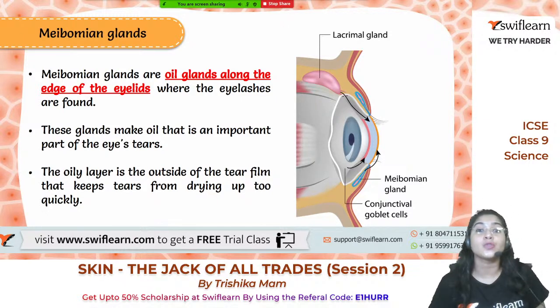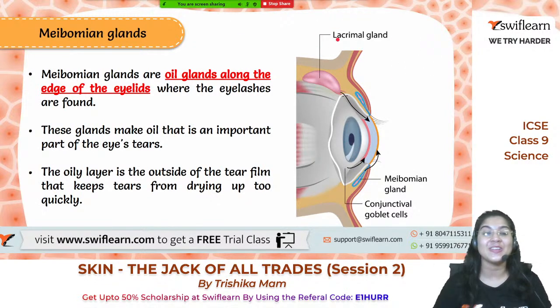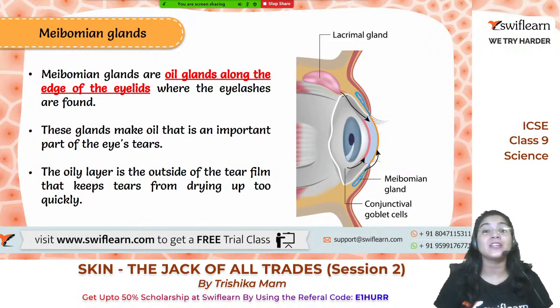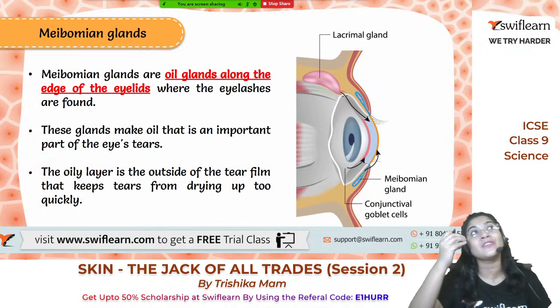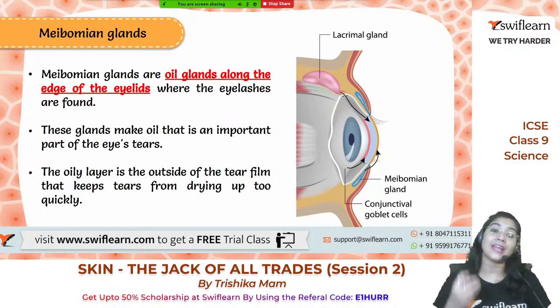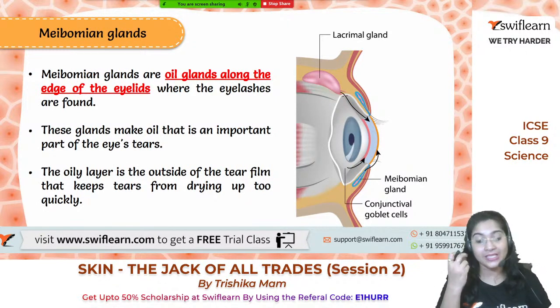There are different types of glands, like the lacrimal gland, which is the tear gland and secretes the tear. Also the meibomian gland, which secretes a little bit of oily substance that prevents the tear from drying up too quickly. It gives moisture to the eyelashes, and that is why the eyelashes do not drop down or dry up all the time. So this meibomian gland is very important. It is present in our eyes and gives an oily texture to our eyelashes.